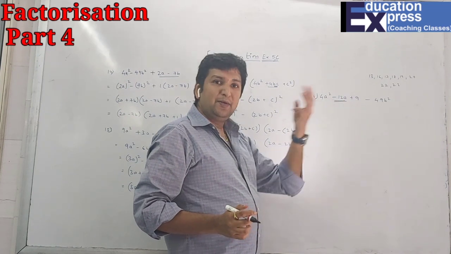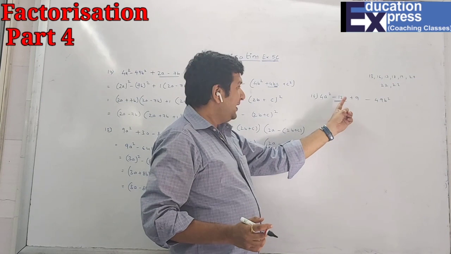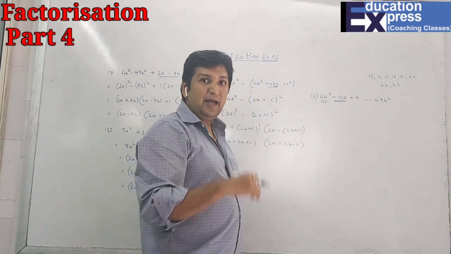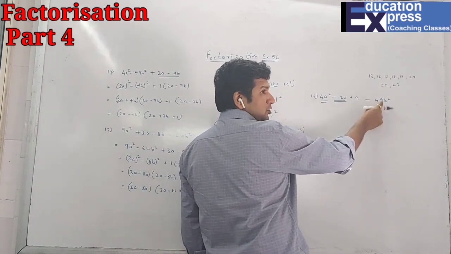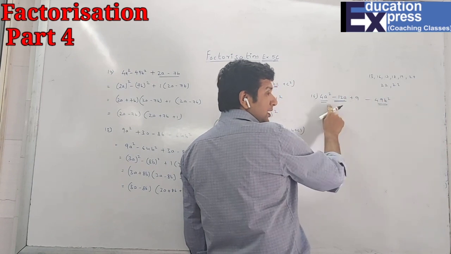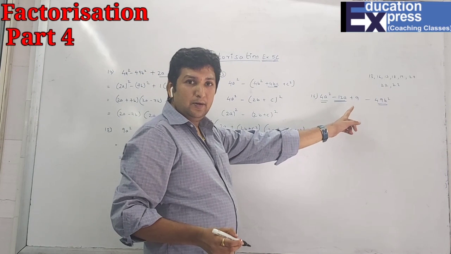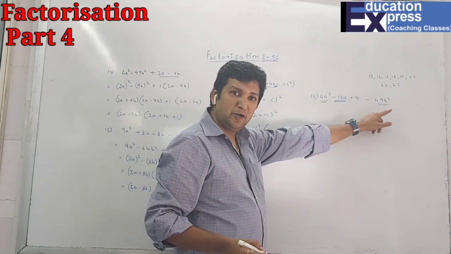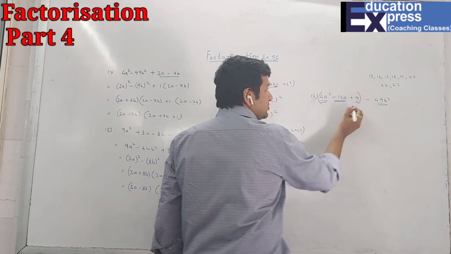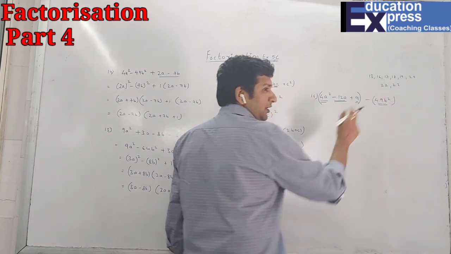In this group, there will be 3 numbers, including 12a. So 12a is 1. Second, a is there. I can see a over here. That will be a second member. Now third, I have to select either from 9 and this. So I am sure that this cannot be, because if this would have been the number of this group, then the variable over here should be b also. But do we have b over here? That means b will not be associated over here. So the only number left is what? 9. That means the whole thing is what? In one group. And the second will be the 49b square.